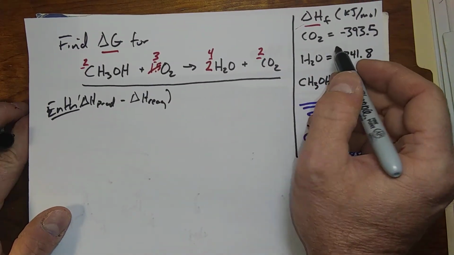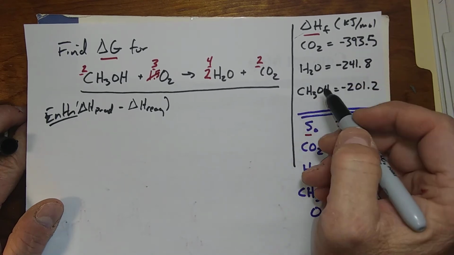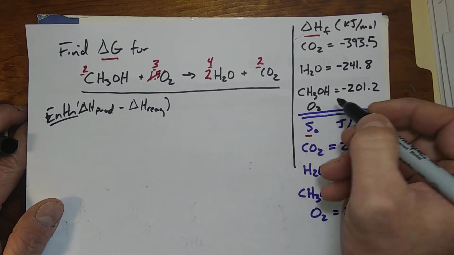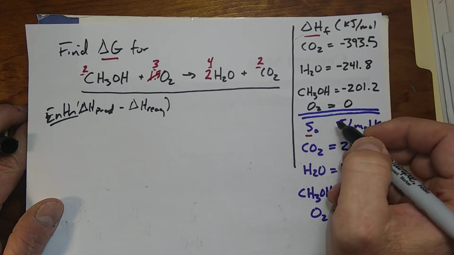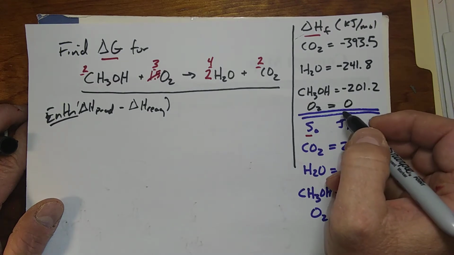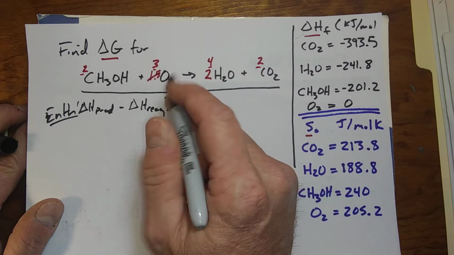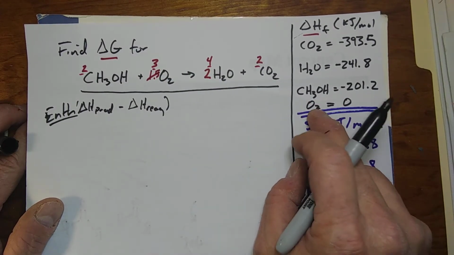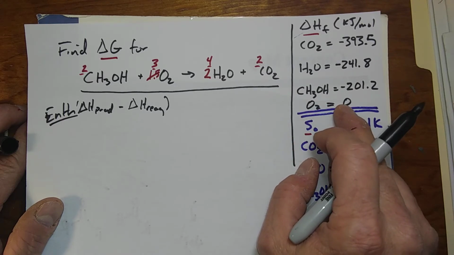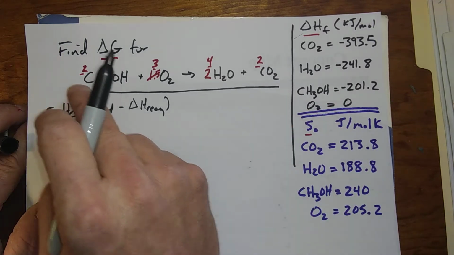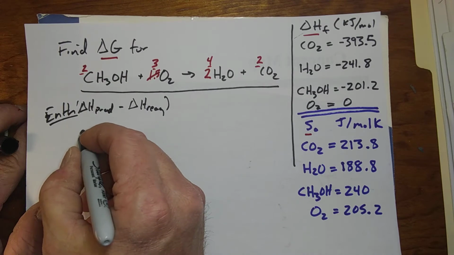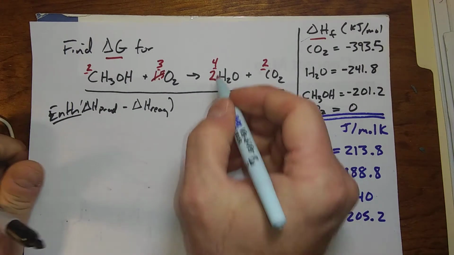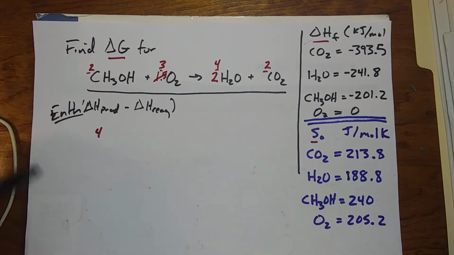Now, I've written them in that order, products first, and there's a reason why I haven't put O2 up here. O2 in its elemental form would just be 0. So we're assuming it's in gas form here, standard temperature and pressure. So we have an enthalpy of formation of oxygen gas of just 0 kilojoules per mole. But we do have our water, so we're going to say 4 times